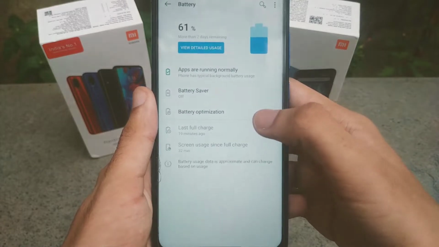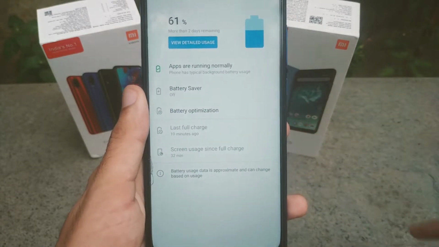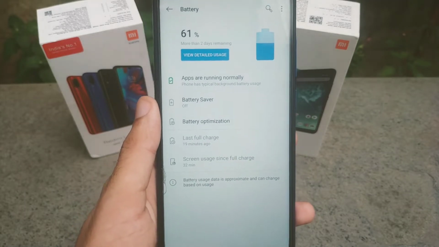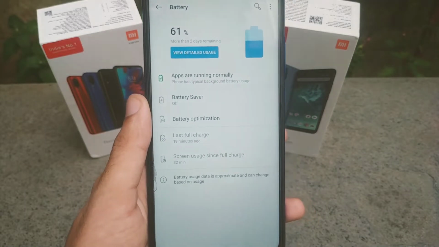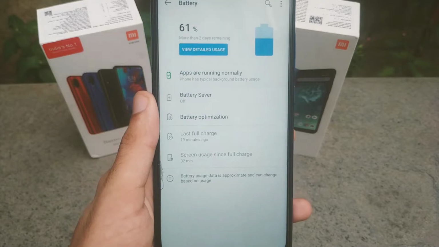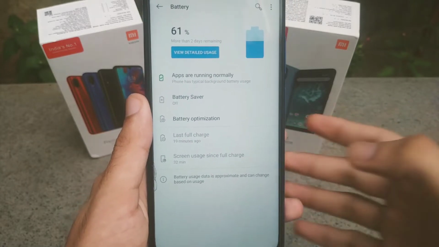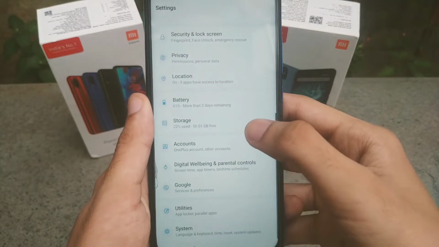Next you have battery. Moving on to battery usage, I would say this is average in this ROM. Since it's a ported ROM, there are many bugs present and many loopholes in this. I have changed and tried many kernels, but none of them gave me more than 4 hours of battery backup, as you can see. So this is the issue with this ROM.